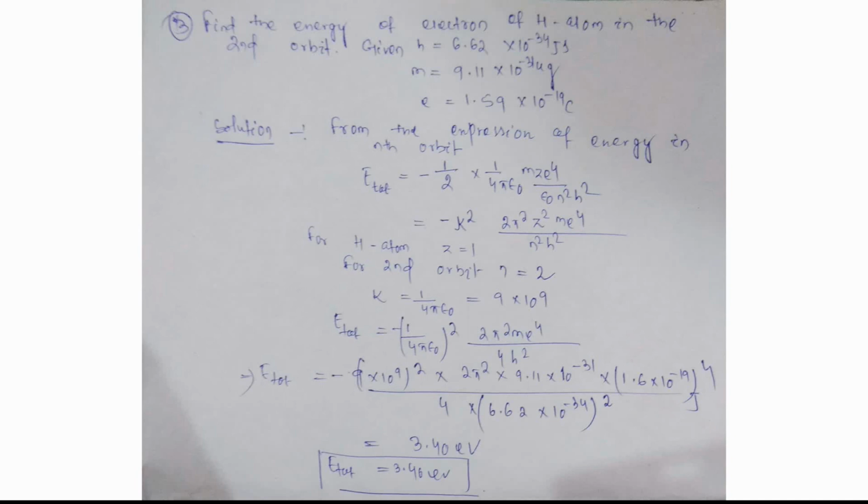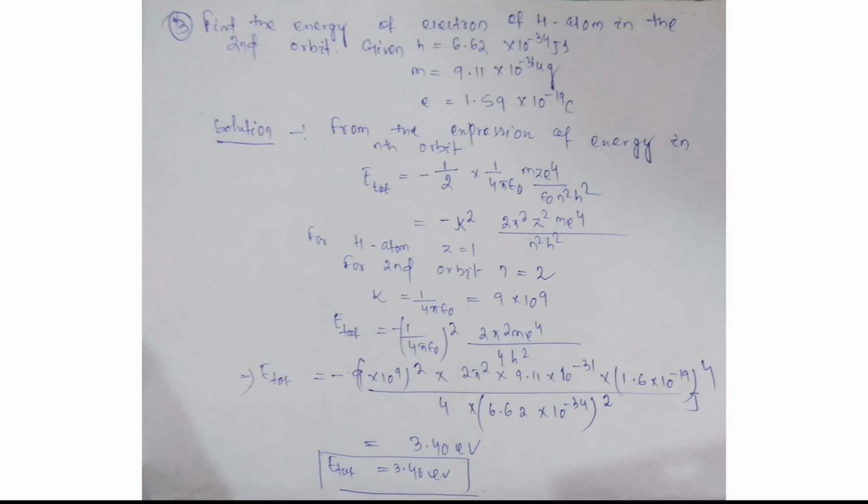So in my previous class I have already discussed Bohr's theory of the hydrogen atom. In Bohr's theory we have calculated the radius, energy, velocity, frequency, wavelength and wave number of the electron in the hydrogen atom, and also discussed some problems regarding the calculation of the radius of the orbit of the electron in the hydrogen atom, and the expression of the total energy, which is the sum of the kinetic energy as well as the potential energy.